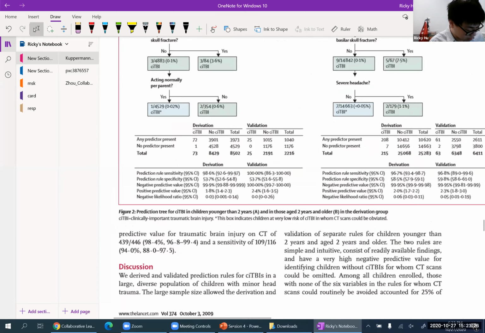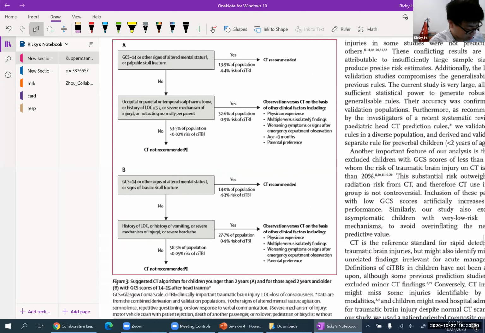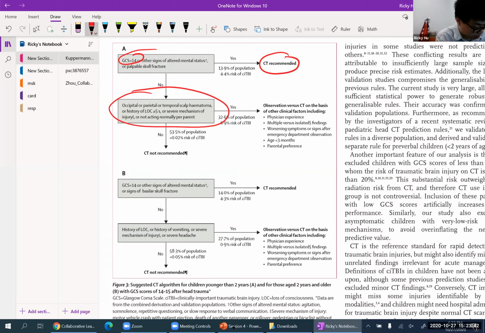Okay, so this is the distribution of data. If you're interested, you can look at this paper. It's linked in the presentation. So this is their final decision tree, right? The first variable they look at is whether your Glasgow Coma Scale is equal to 14. If it's yes, they recommend CT. If it's no, then they look at another variable, which gives you another pathway whether it recommends CT or not,